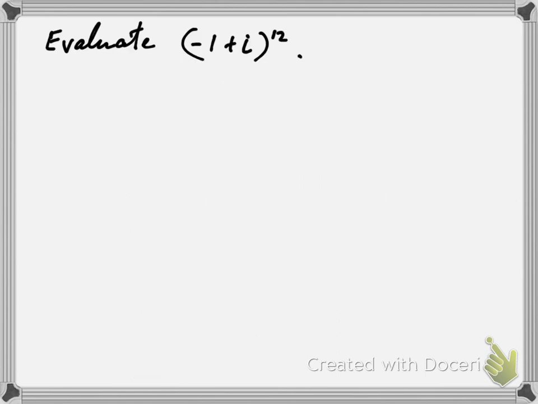If you're given the complex number in rectangular form, how are you going to raise it to a certain power? Well, you can't. So you have to convert that to polar form first. To convert that to polar form, the first thing I would do is draw it on an Argand diagram. So -1 would be somewhere there, and i would be 1i, so 1 there. And if you take that up as a vector,